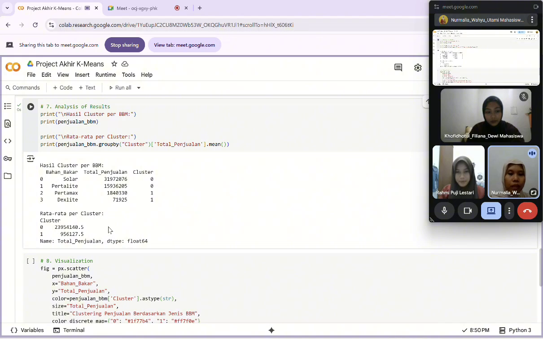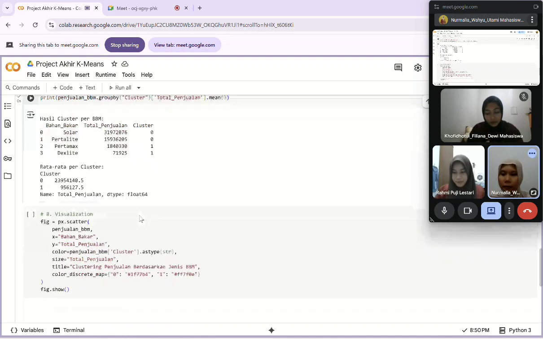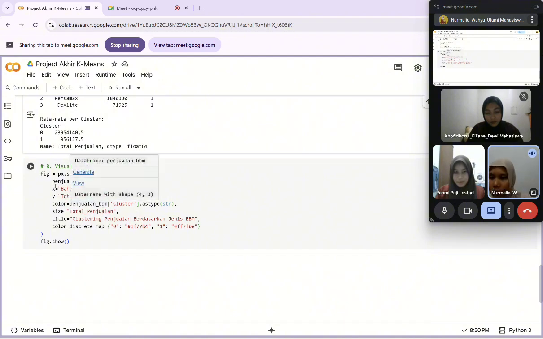To clarify the result, we create a visualization using Plotly in the form of an interactive scatter plot. Here we run the code.